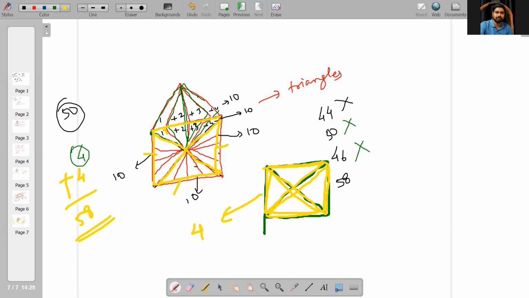These triangles have already been taken into account, right? Because when you are counting like this, so in this process we also counted this. This got counted already, right? So which means we cannot count this now. We cannot count this,